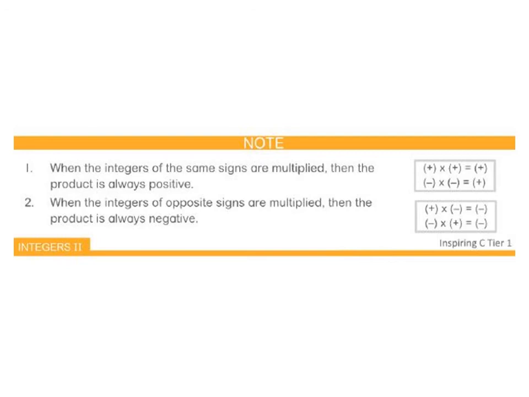Now, in the diagram below, that means the second diagram, a positive integer multiplied by a negative integer gives us a negative integer, and a negative integer multiplied by a positive integer gives us a negative integer. So, if we have two integers, one of them positive and one negative, if we multiply them, the resulting integer will always be negative. Remember this. If you wish, note them down. And let us move on to some problems.